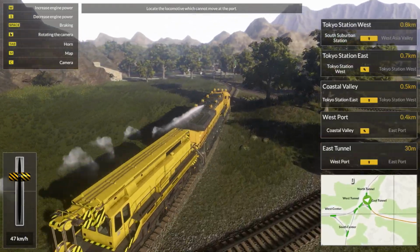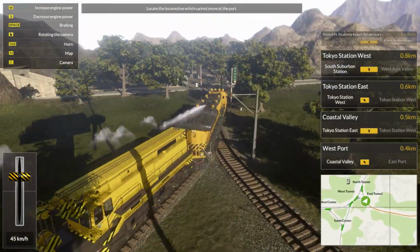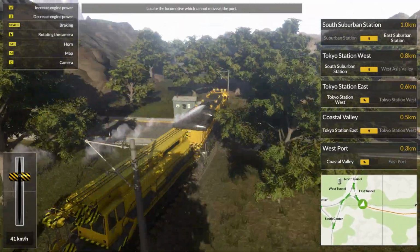We're looking for a steam train that has rolled over somewhere near the port, so hopefully we can find that